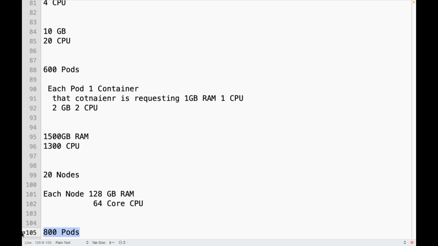First of all, no, it is not going to schedule if you are using the resource request concept. But if you are not using the resource request concept, the kubelet will allow the pods to be scheduled.